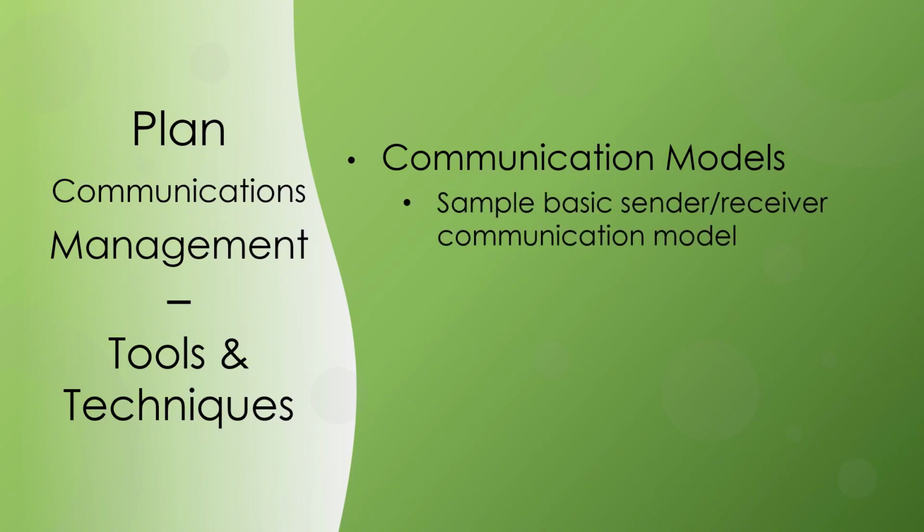Sample basic sender or receiver communication model. This model describes communication as a process and consists of two parties, defined as the sender and receiver. This model is concerned with ensuring that the message is delivered rather than understood. The sequence of steps in a basic communication model is code. The message is coded into